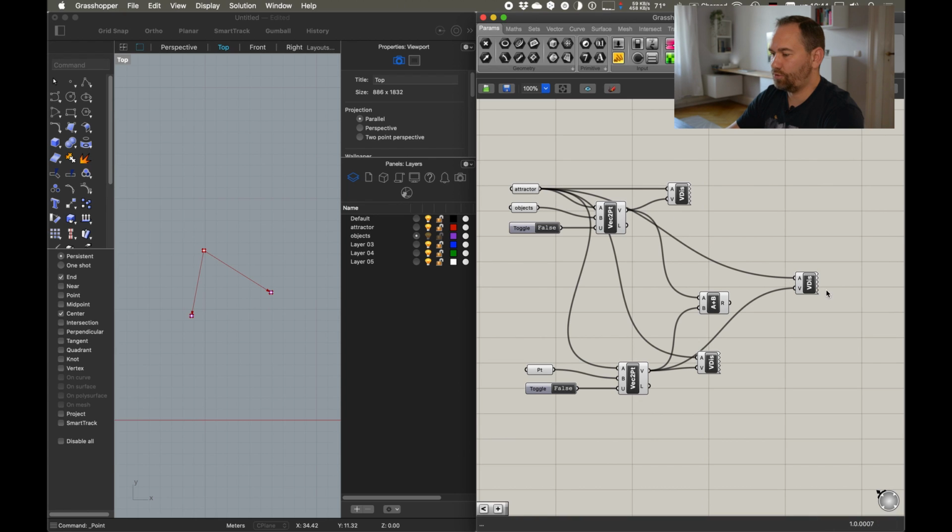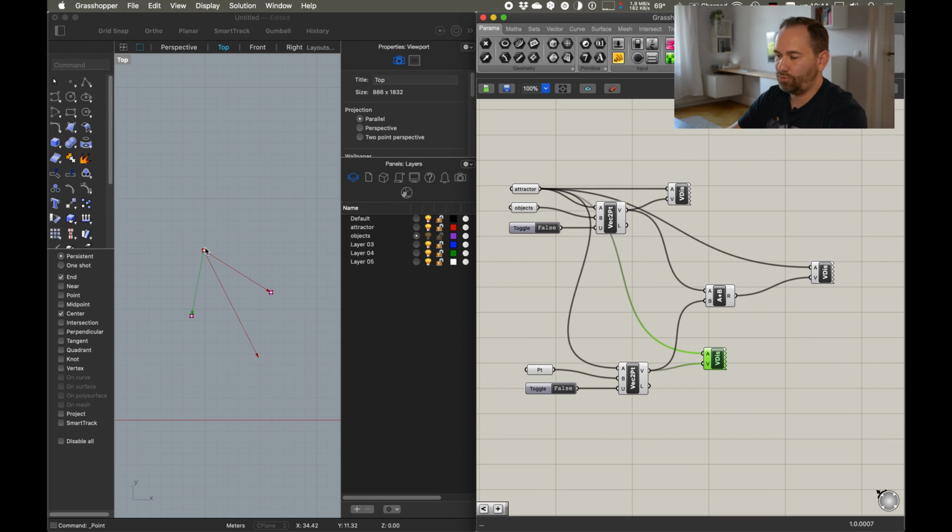Same reference point will be the attractor, but we'll just display the new vector. You see that it's a bit longer. Basically what Grasshopper will do is it will start following the first vector, and then from the point where it ends it will follow the second vector, and where it ends, that's the tip of the new vector, the sum of the two vectors. We can also visualize that by displaying the second vector not with the reference point of